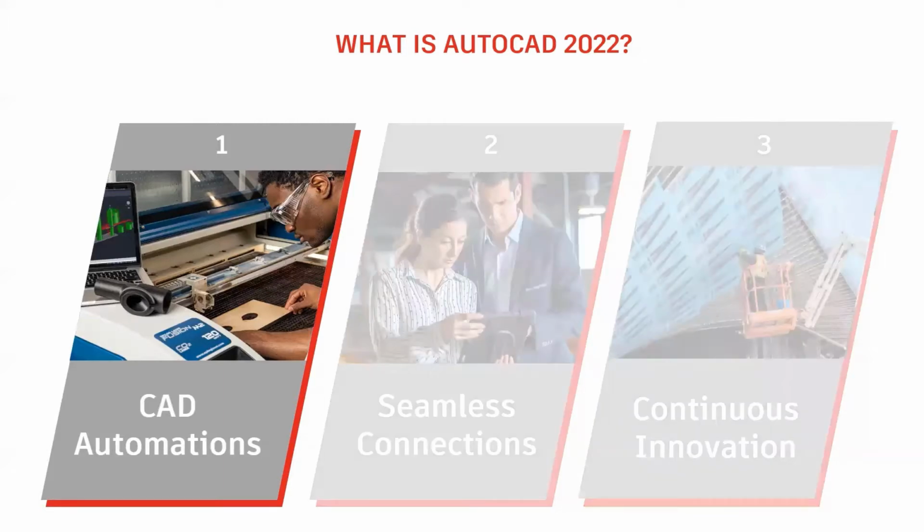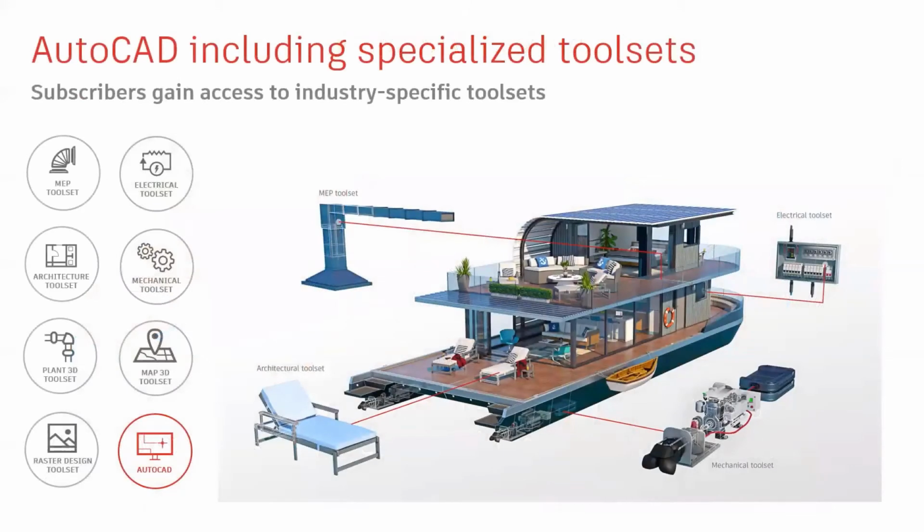CAD automations. What's meant by CAD automations? It's practically anything that helps you with automations in the background to work faster and more efficiently. That can be related to single functions that make you work faster. But in this case, and also where the CAD automations are most effective, it's within the AutoCAD toolsets. We will have a closer look at them now. You see them here on the left side. It's actually all about the right AutoCAD for you. And that can be AutoCAD MEP, AutoCAD Electrical, AutoCAD Architecture, AutoCAD Mechanical, Plant 3D, Map 3D, or the Raster Design